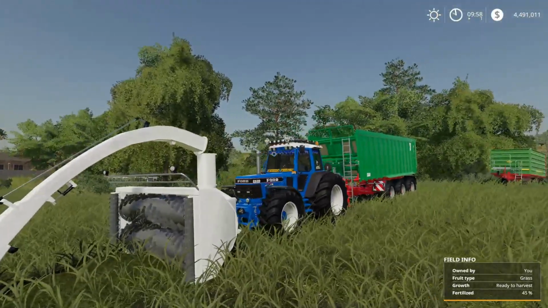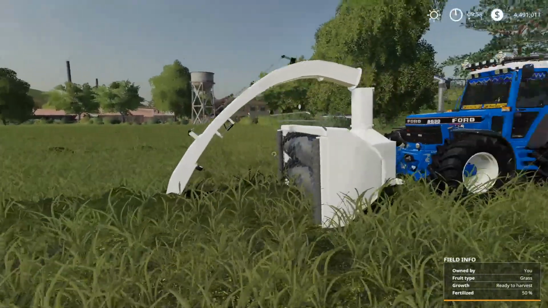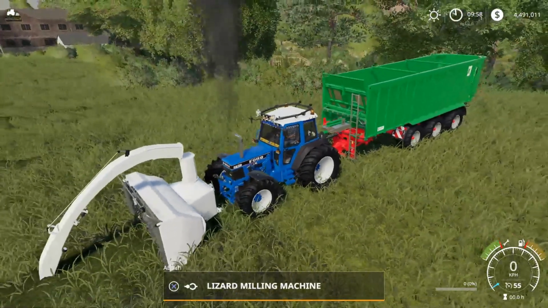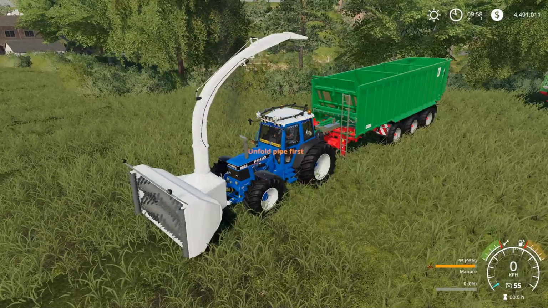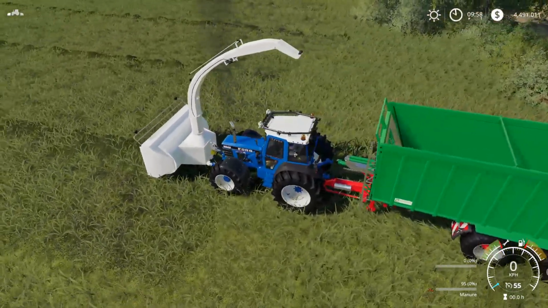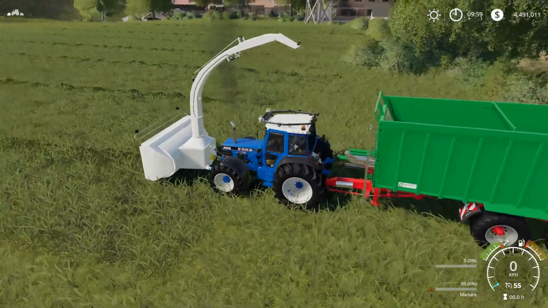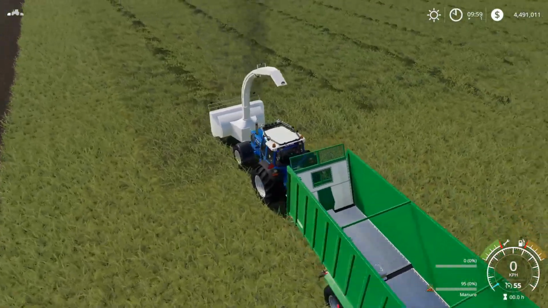So in this case, you have driven a long way from your farm, you're on the field to pick up some grass, everything is good. You hook on to the milling machine, pipe out, and all is good. Start it up, but then you see that it went a little bit faster, but as you can see, now in my trailer,